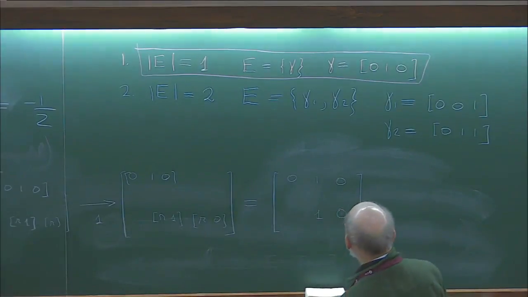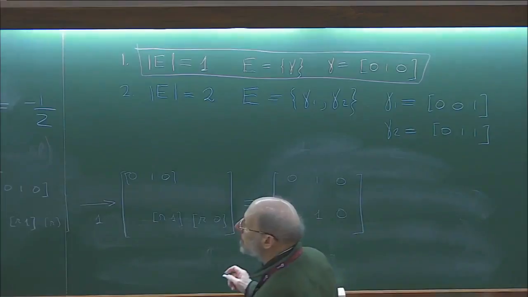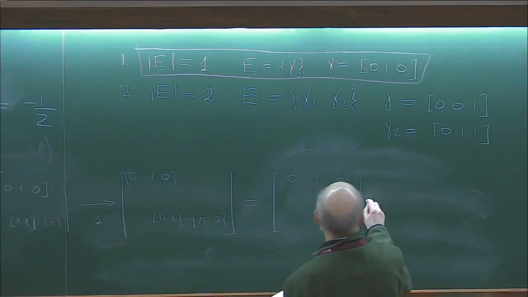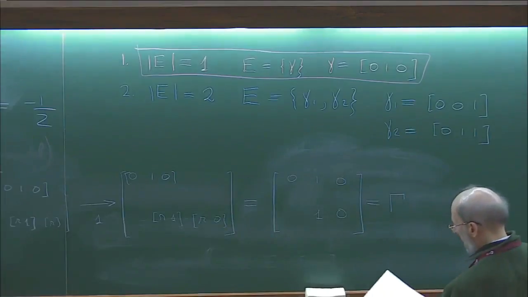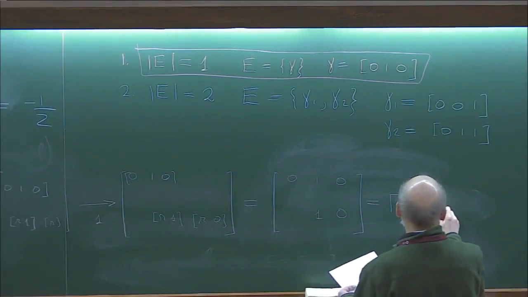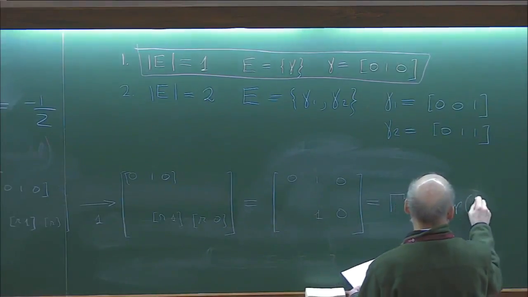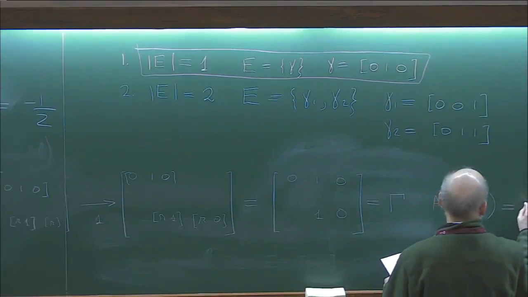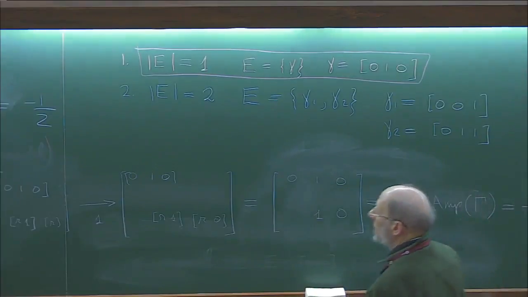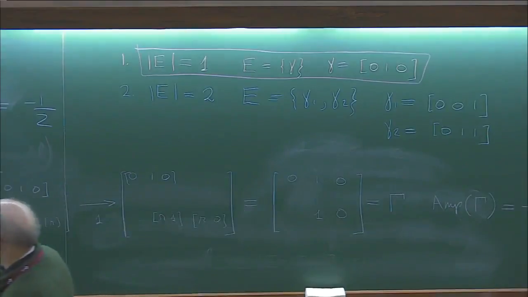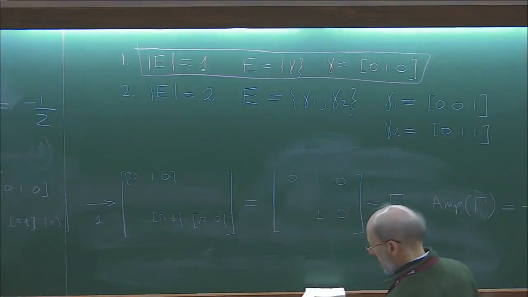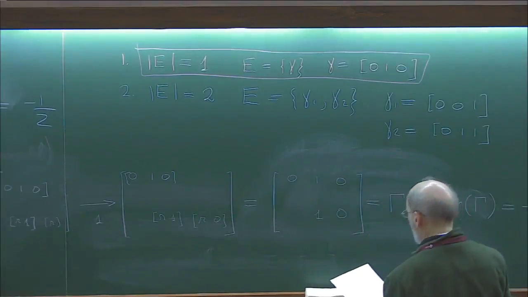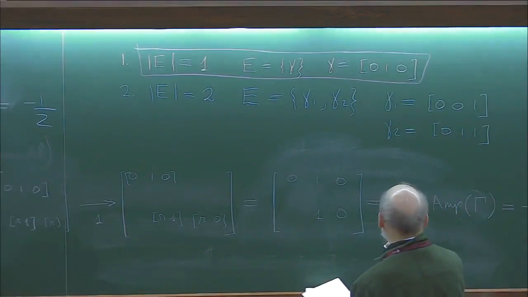Okay. So the net amplitude, I don't know what to call this. Let's give this a name, capital gamma, because it's the history of the big system. And the amplitude of gamma is equal to minus... The only important things were this A01 and A10, and they're the same as for the system before we messed with all the ancillas. So again, it's minus 1/2. And so the measure of that,